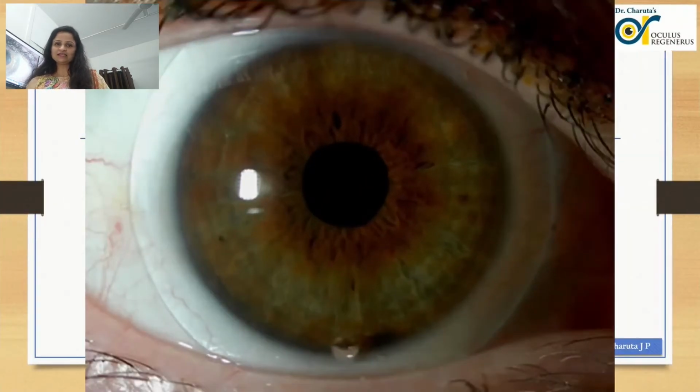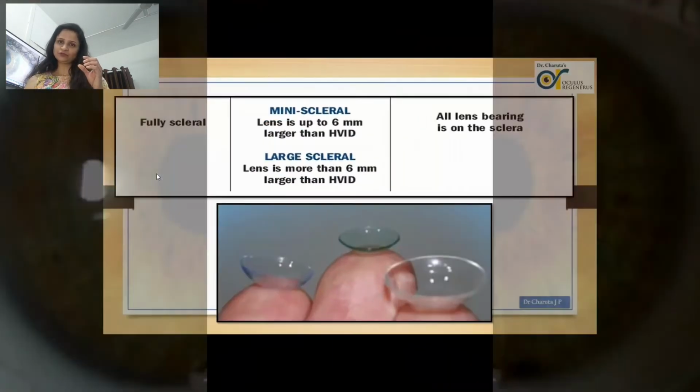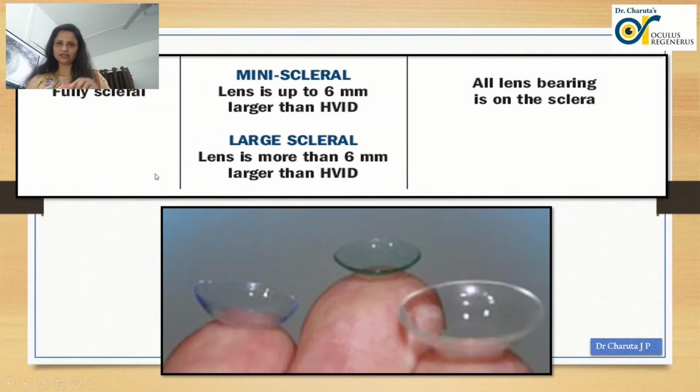You can see this is the white portion just after the cornea is over; you have the white area, and this is the sclera. This distance decides what type of scleral contact lens it is. So we have mini scleral and large scleral lenses. Mini scleral lenses typically have only 6 millimeters of a zone on the sclera, and the large ones have more than 6 millimeters.